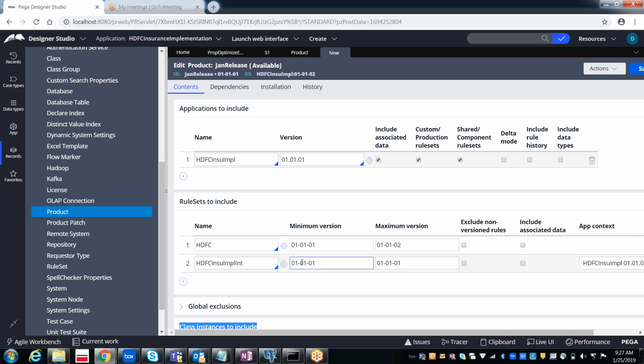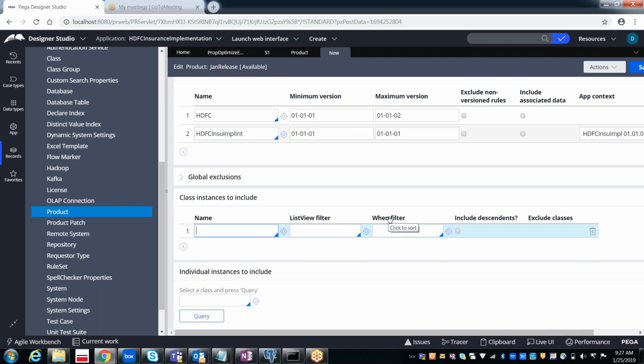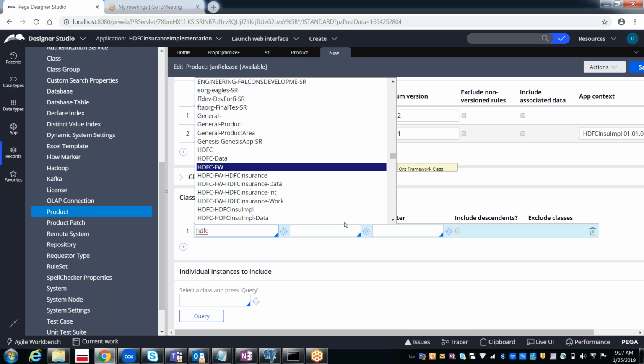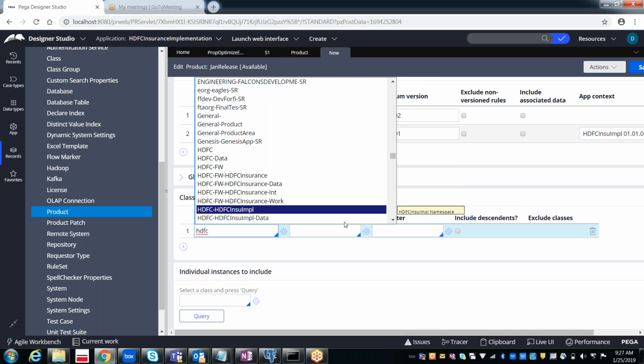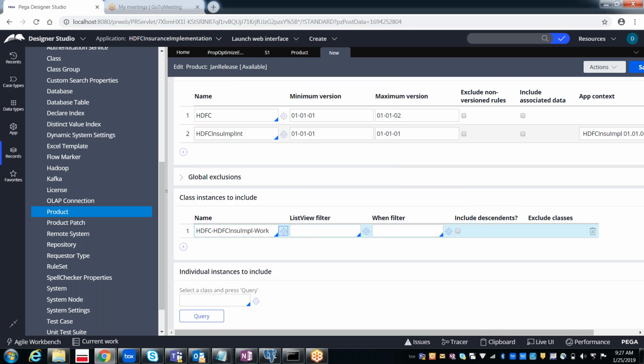But in some scenarios, I may have to move specific instances, specific class instances. In that case, you can select even the work objects or the other classes which you want to move to the higher environments. And if you want, you can apply some filters as well, and when conditions also, like city equal to Hyderabad, only those things I want to move.